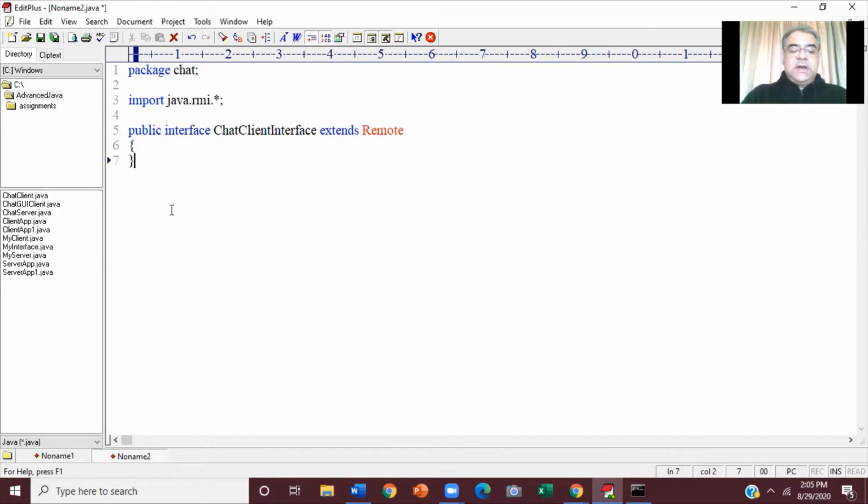Now let's first go to the chat server interface, and I would like to have your inputs. Which remote methods do you think we should declare in this particular interface? Remember, this is the interface which will be implemented by the server, known by the client. So whatever methods you declare here, the server is going to give a body to, and the client is going to call. So go ahead and let me know what method or methods should come inside this interface. You know the problem definition.